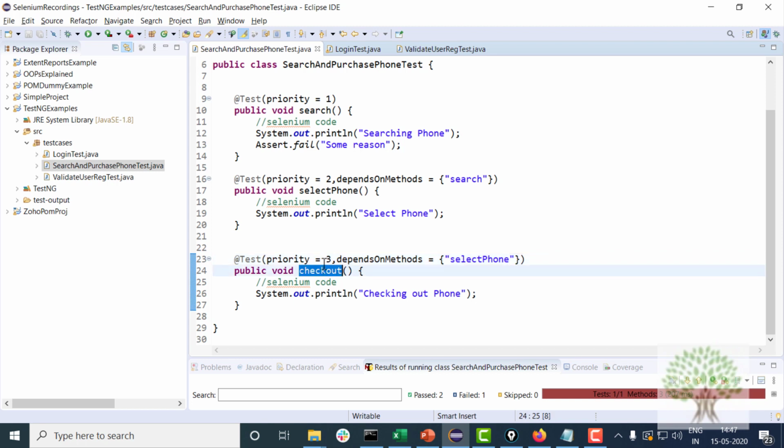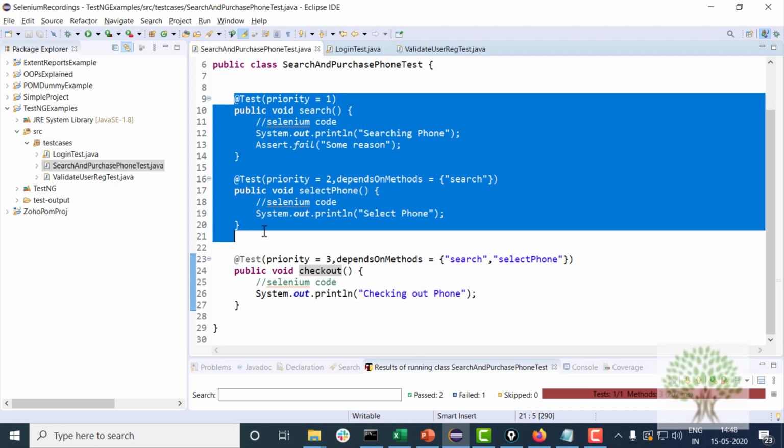So you can have dependent test cases like this, and you can put multiple test names, that this function is dependent on both of these. If any one of these fails, this will not execute.